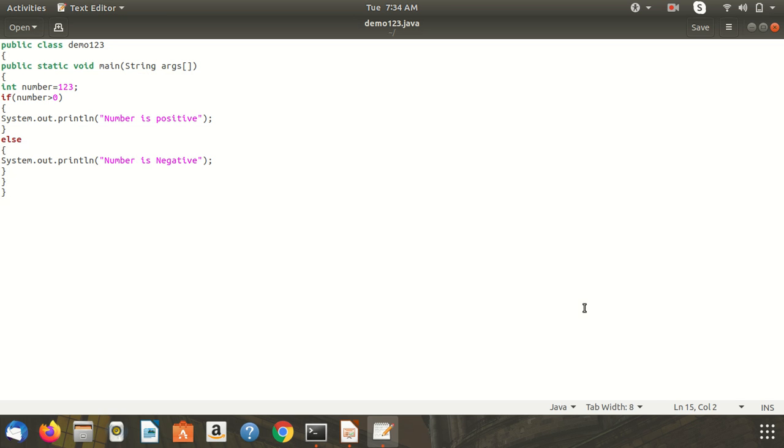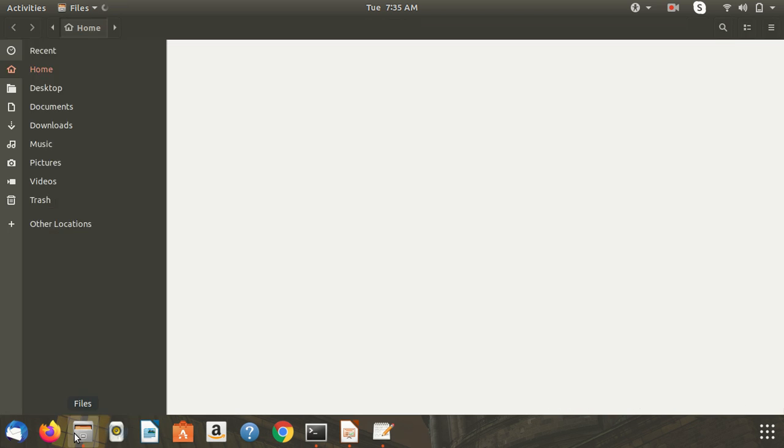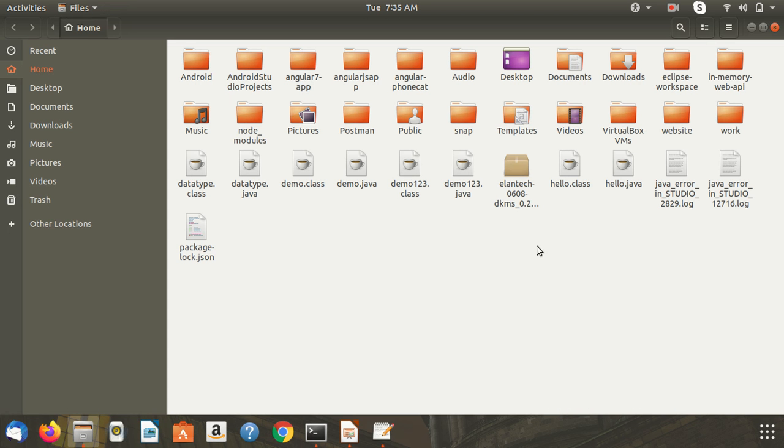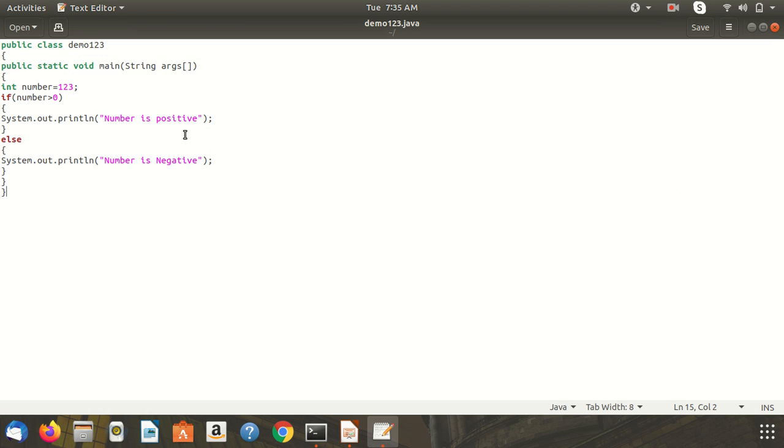Similarly, we execute another program to check whether the number is positive as well as even or odd. So make the changes within the same program. If the number is positive, so the condition is number is greater than 0.